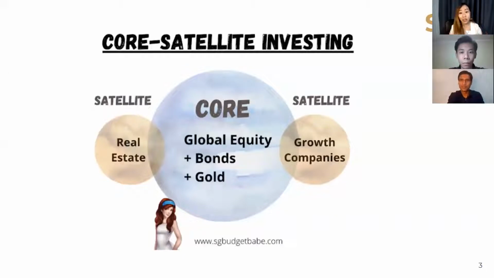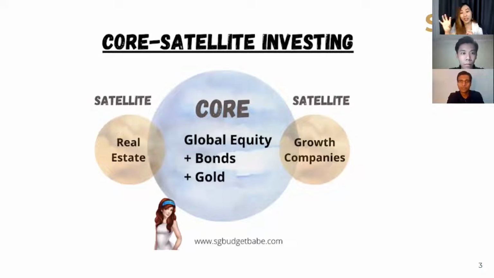So what exactly is core satellite? In theory, it's pretty simple. Your portfolio is all about having a strategy across all your different asset classes. And you need to have a strong core. Just like how any foundation needs to be strong, this is where your core similarly needs to be strong. And one way to do this, for example, is through global equity, so you get exposure to investments in companies and businesses around the world. And you also get exposure through bonds, which are more risk-free investments, as well as through gold, which typically holds up its value over time. So that basically would then form a very strong base, a strong core per se.